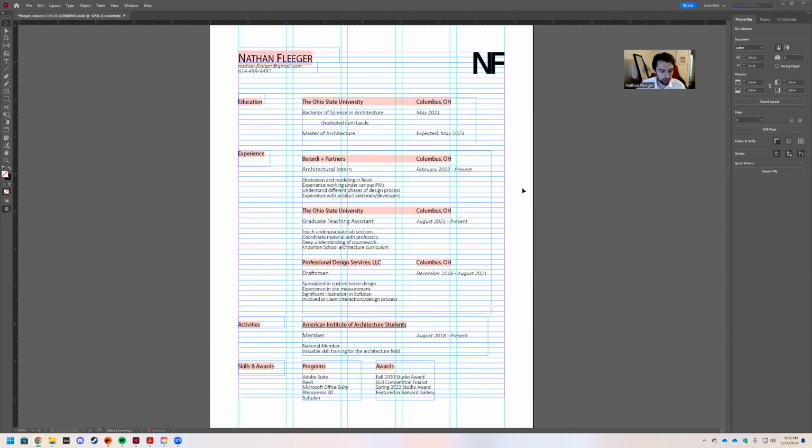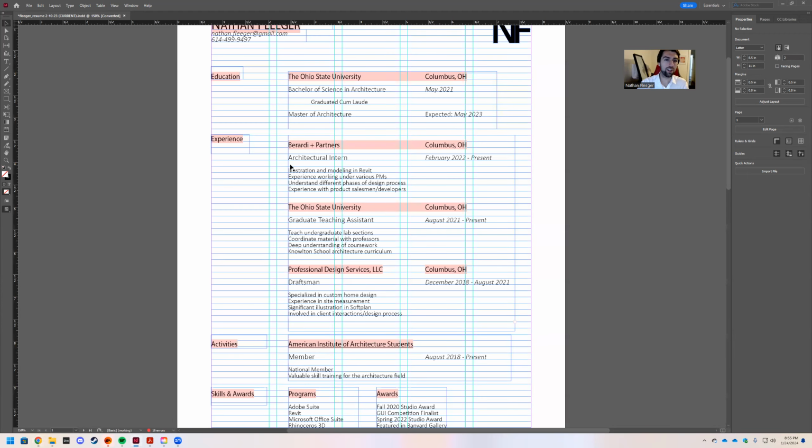I think there's a lot going right here. I made a cool logo that sometimes is able to pop an eye. I have a lot of information that's helpful, but when you really start to dive into it, you'll notice not everything is lined up with my baseline grid. You can see right here,